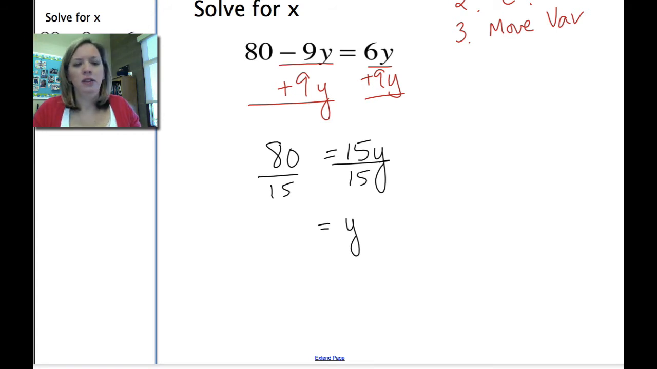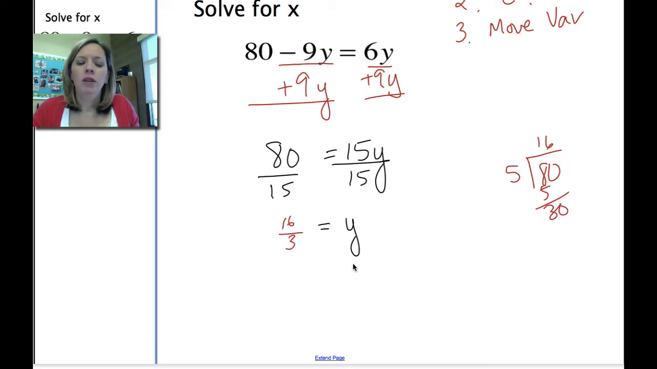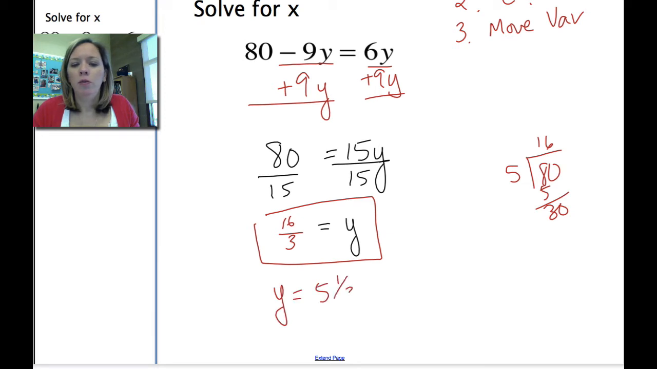I know each of these is divisible by 5, so 80 divided by 5 is, let's see here, 5 goes into 8 once. That leaves me 3. 5 goes into 30 six times, so that would be 16 over 3. And I think that's about it. So I can't reduce that fraction any farther, so you could say y equals 16 thirds. If you wanted to, you could also say y equals 5 1/3, but you guys know I prefer the improper